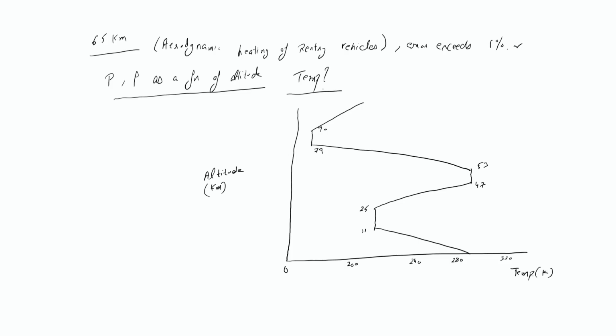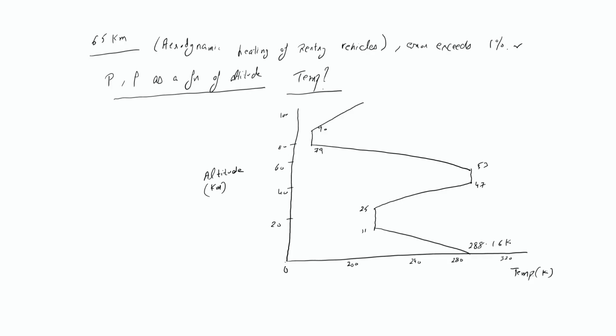Alright. So here this is 20 kilometers. This is here 40, this is 60, this is here 80, and this is 100, approximately 100 kilometers. Alright, so let me write the values over here. So this represents 0 kilometer, that is the sea level conditions. So here the temperature is